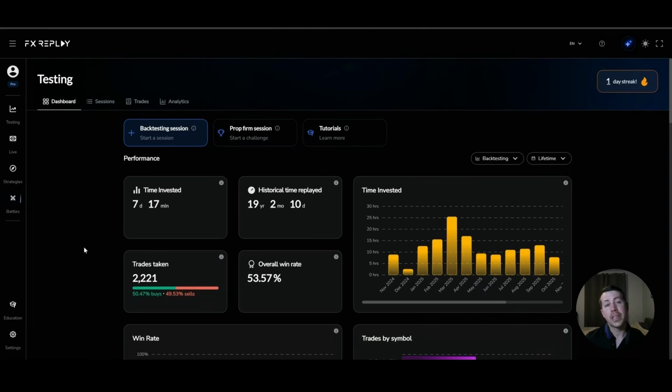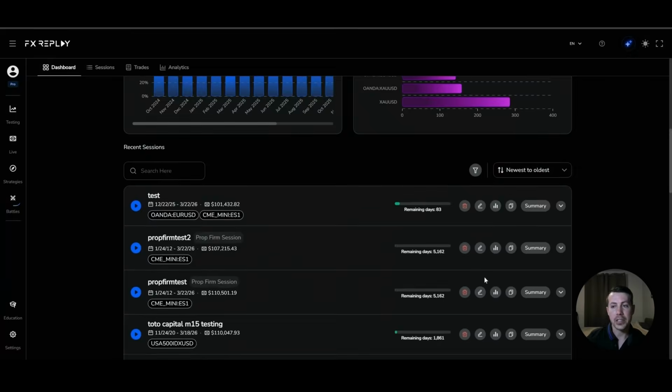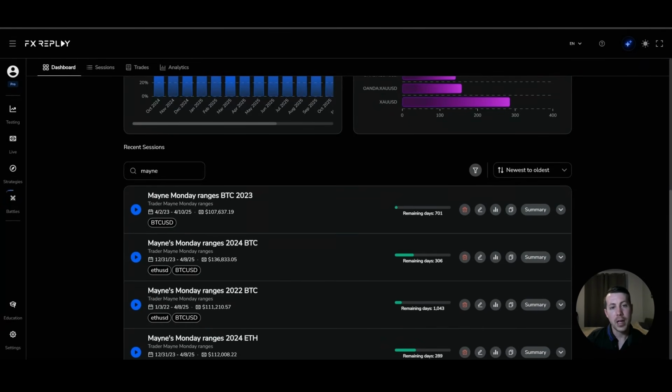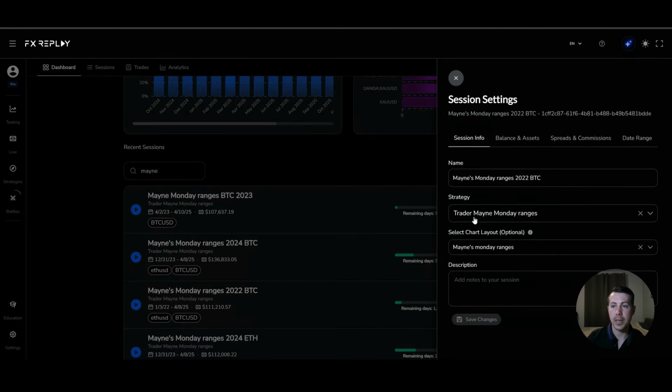So now let's talk about FX Replay's analytics. You can either use the analytics tab or scroll down to whatever session you want to use and just click the analytics from that section. Another cool thing you can do, you can combine multiple sessions into one strategy. You can create a strategy, and see I have a strategy right here I want to use. If I wanted to combine all of these sessions together and look at them all at once, you can click into them and assign the same strategy to all of them,